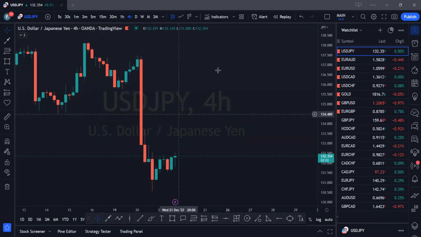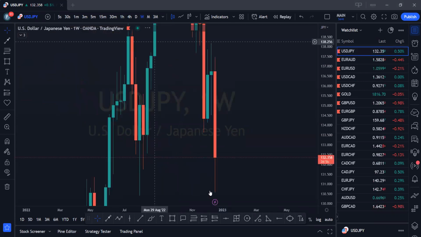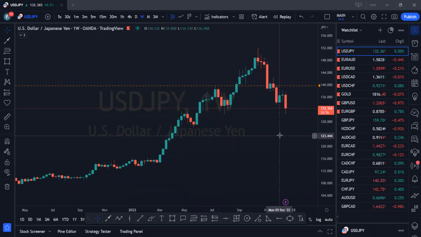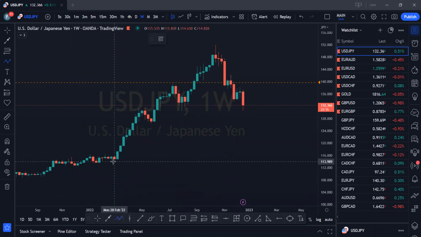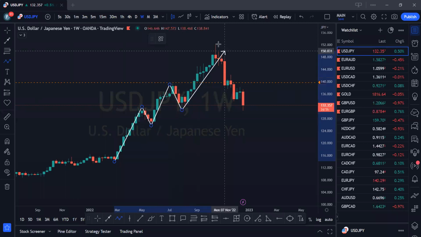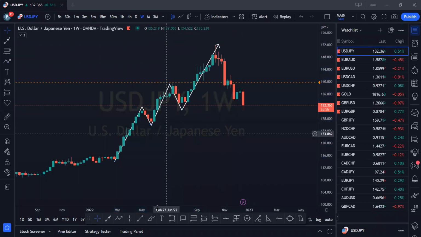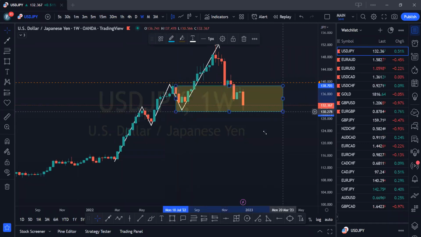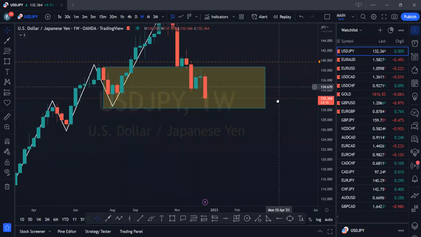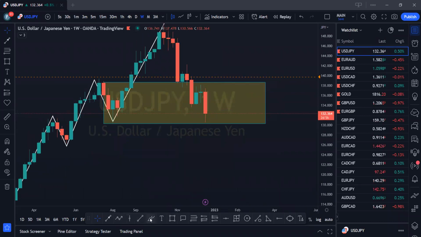So what do you have on UJ? Let's go to the higher time frame, the weekly charts. Remember what I've been telling you on UJ. Price on USDJPY is in a textbook uptrend, right? As you can see, weekly, and this is a block of demand right here. This is a range here, demand.